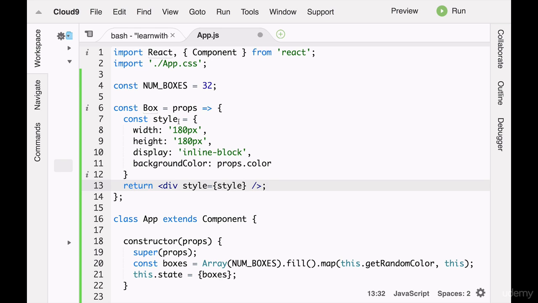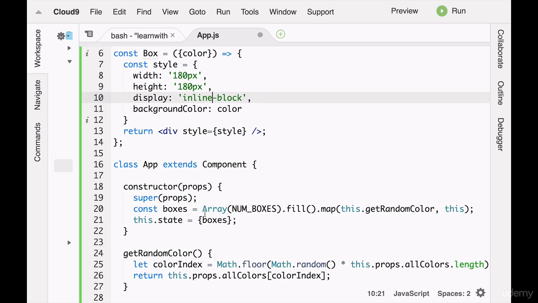One little trick that I'll add is that we can actually destructure this props object, especially because we know we've only got one prop. So I can just say color here, and then I don't have to access props.color. I can just say color there. So just to point that out, you'll see this in React code a bunch. When you've got a stateless functional component, you can just decide what props you want to take out of the props object. Now that we've got that component and we've got all of our state set up,